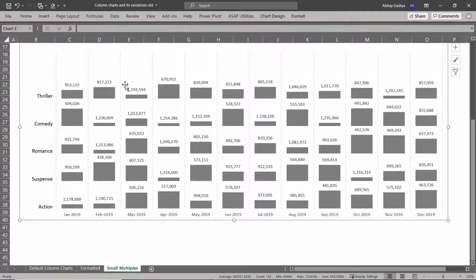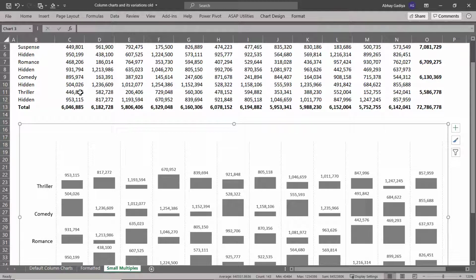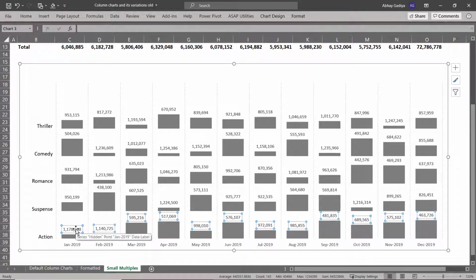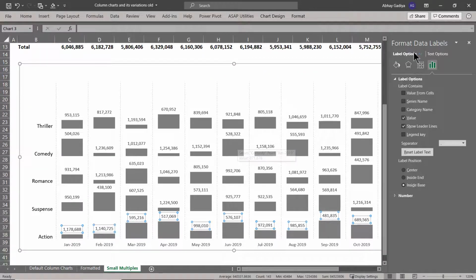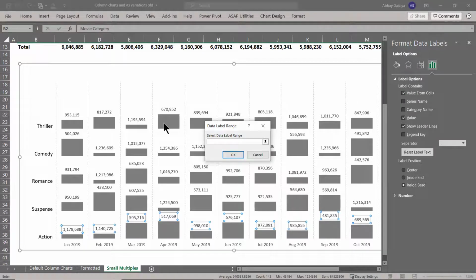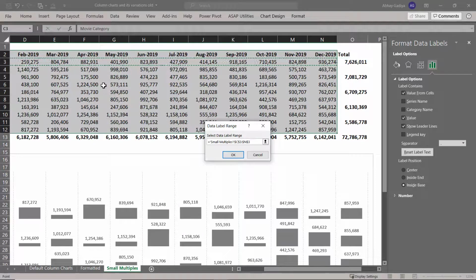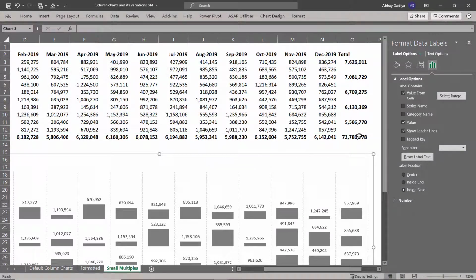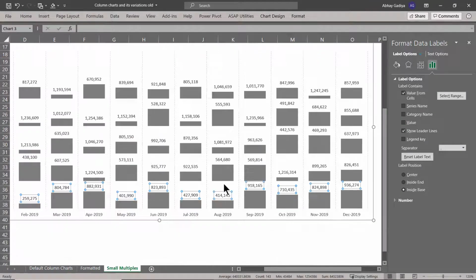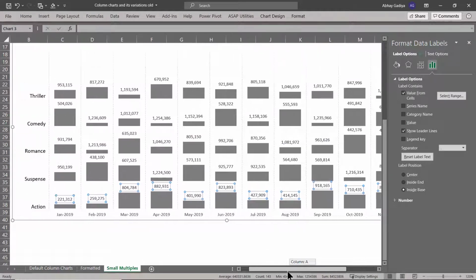All of these data labels which are currently displayed are for the hidden categories. Instead of that, I want to display the values for the actual ones. So I will simply select this Actual, press Ctrl 1, then select Values from Cells, and select the values for these actual rows. Make sure that you are not selecting the total ones, only the months. Let us click OK and uncheck the values. Now if I go back to this chart, you can quickly see that our actual values are getting displayed.